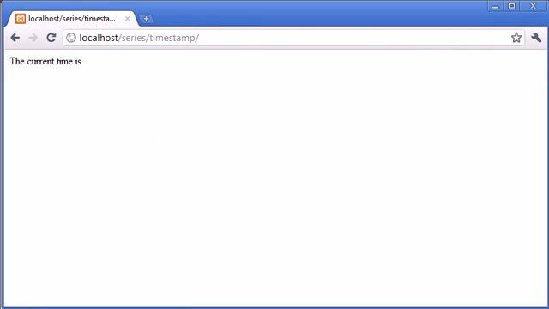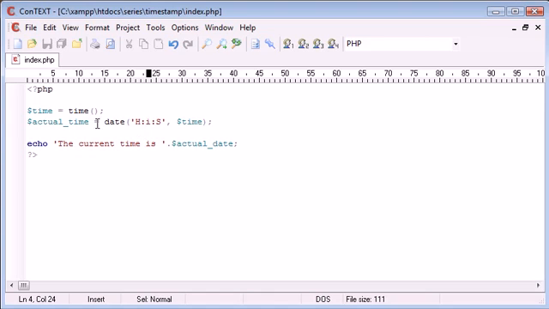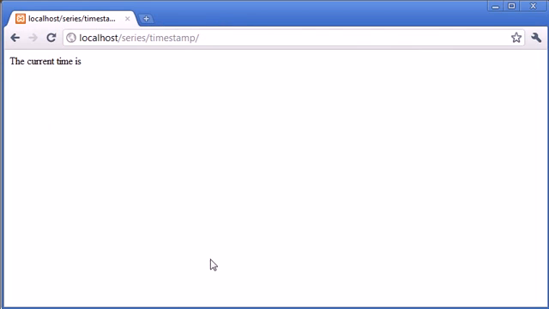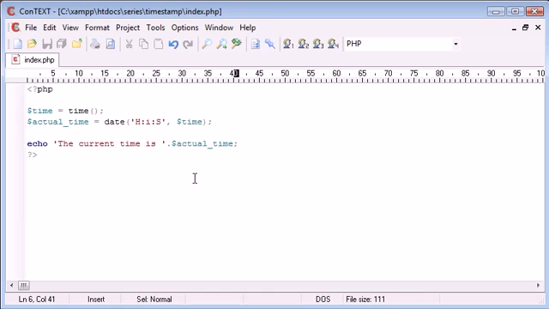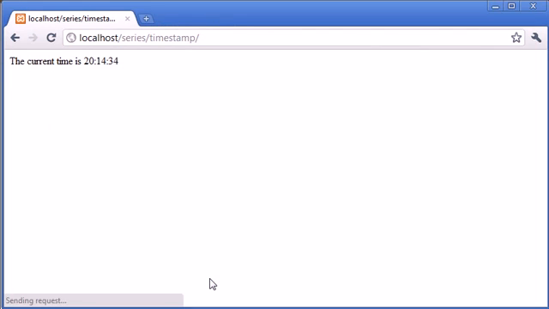Oh no, what's happened? Okay, that's because I've put actual date instead of actual time there. That's my variable naming wrong. So let's refresh and we'll see what's happened. Oh, we've got ST there. Oh, that's a small s. Refresh. So, okay, now we're showing the current time is